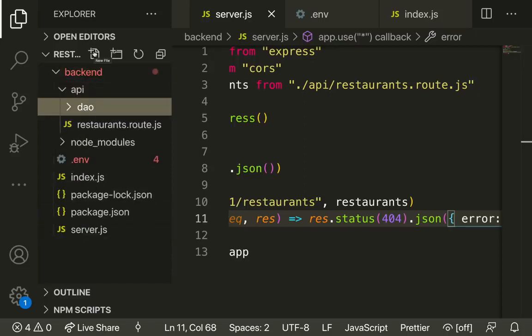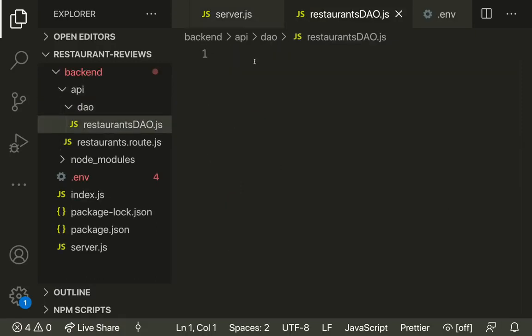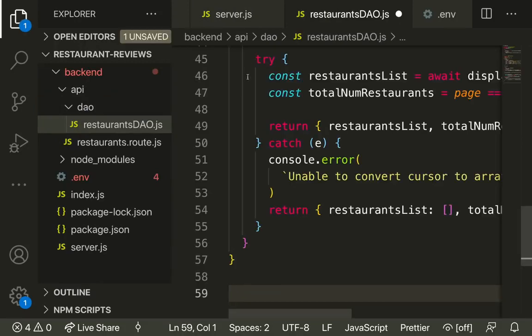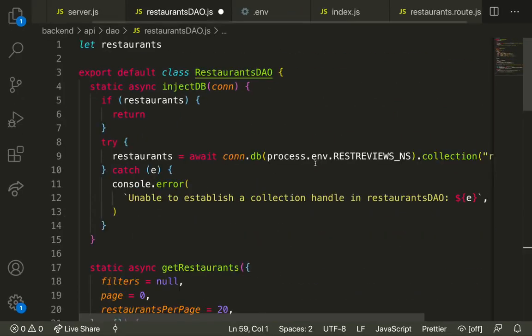And inside this directory, we'll create a new file, restaurants.dao.js. Now in this file, I'm going to paste in some code, and then I'll show you what it all means. So let me show the code here. Okay, so first we're going to create a variable called restaurants that we're going to use to store a reference to our database. And so we're going to export this class called restaurants.dao, and we're going to have a few